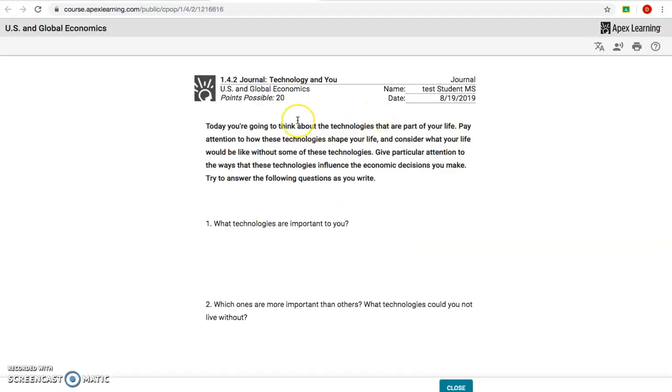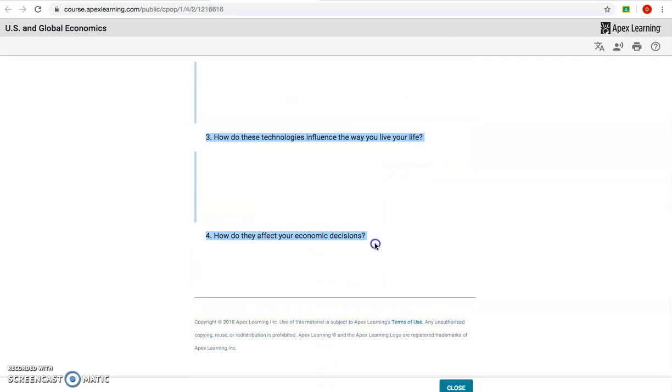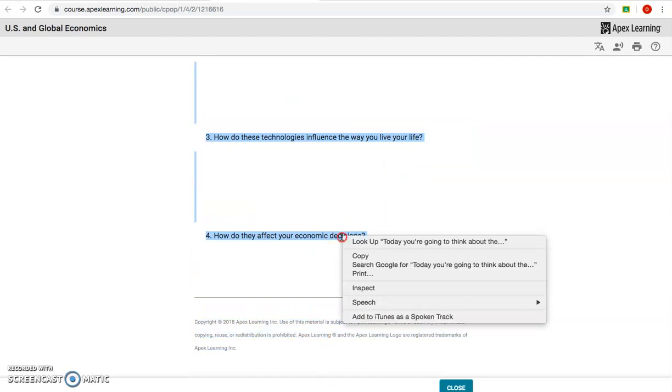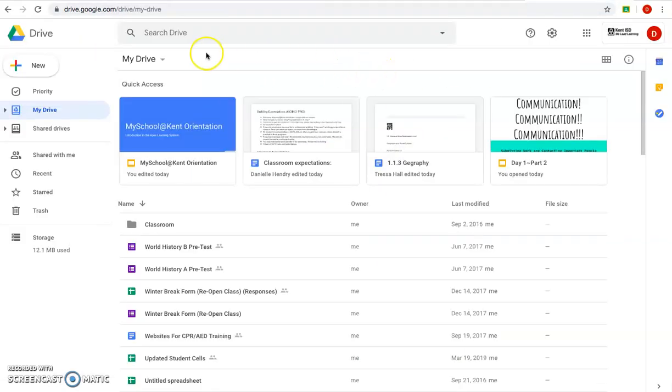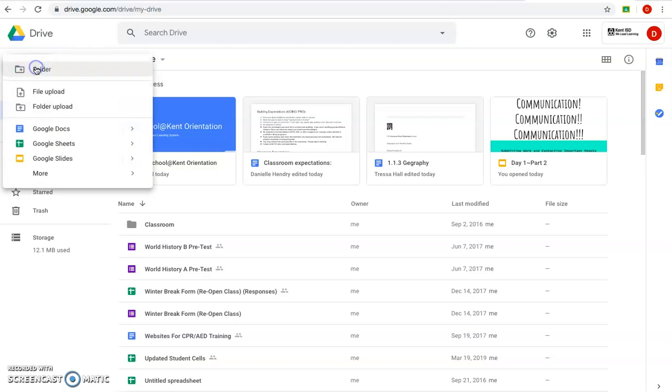Once you're into this journal, I want to warn you, when you copy and paste these things, they can be a little finicky, okay? But what's important here is if you scroll down and you copy the 4 questions, you can press Control C or you can copy it. And then what you want to do is go up to Google Drive, and we're going to set you up with those Google Drive accounts in the next part of this orientation. But again, you just click New, you click Google Docs,